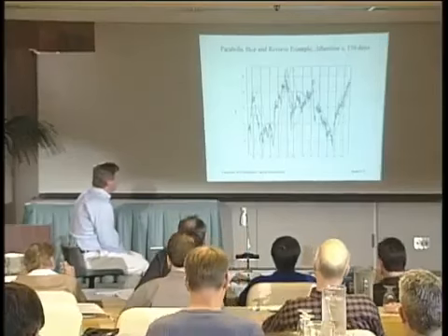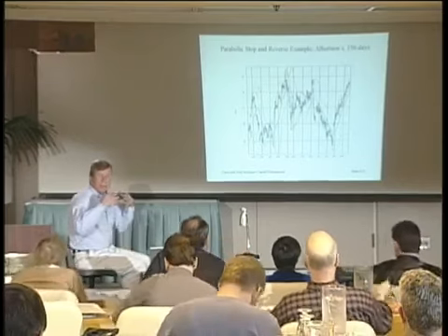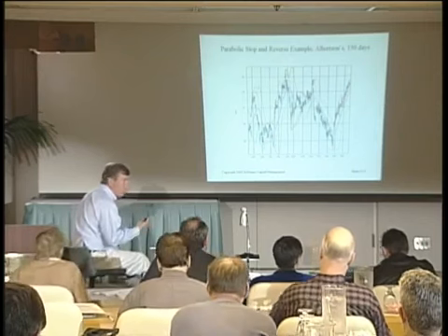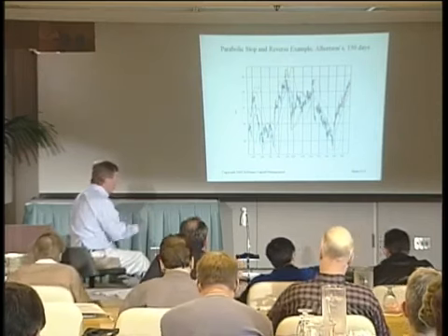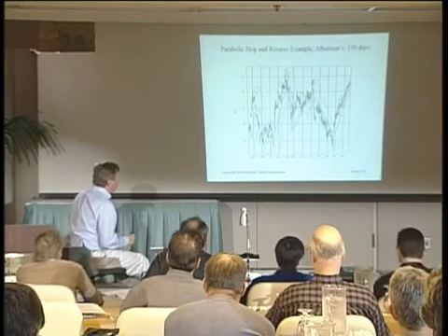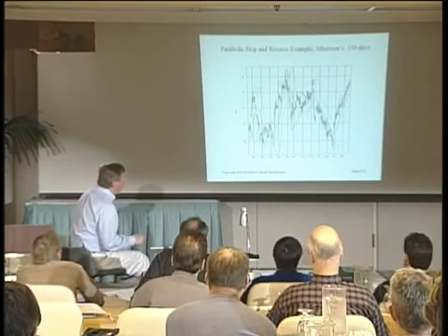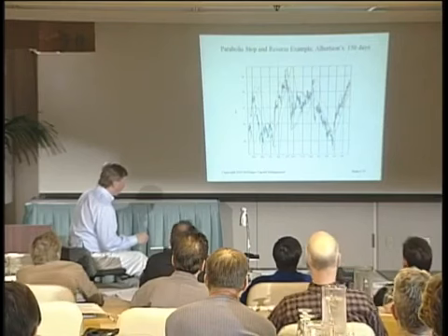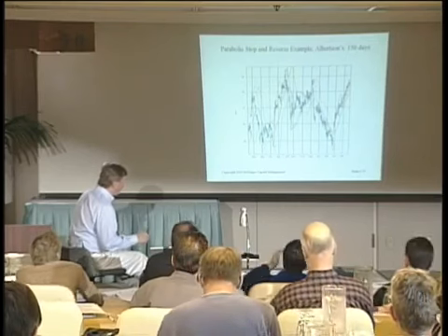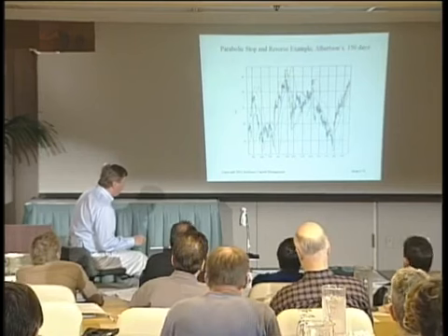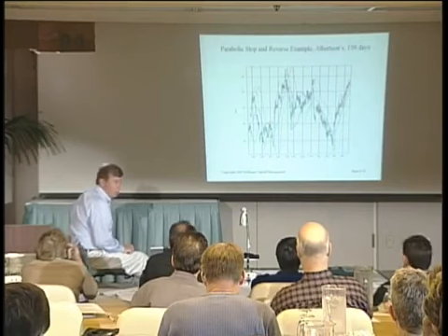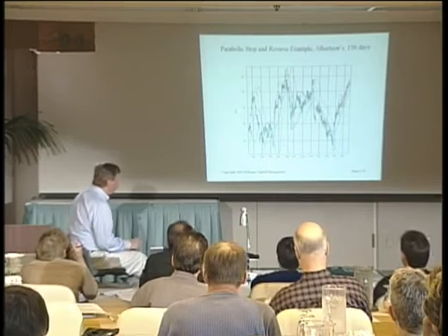Parabolic never backs off. I have a couple of charts here of what it looks like when it's a stop and reverse system. This is the traditional parabolic approach as published by Wells Wilder. You can see it's very good at capturing long trends, and that's what it was designed to do. It captures these long trends, but in this congestion phase, it gets whipsawed something terrible. These are all losing trades here.